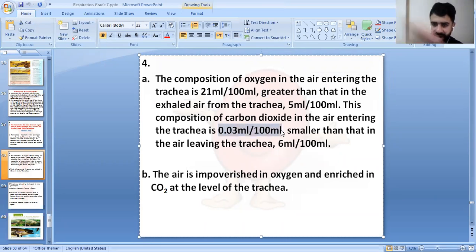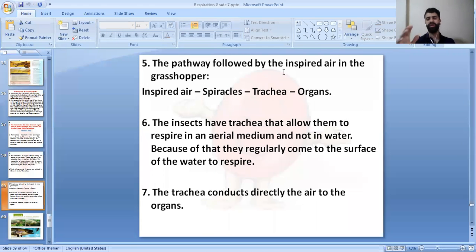You can say per, this dash slash means per 100 milliliter, which is smaller than, or you can say less than that in the air leaving. So the air is impoverished in oxygen, meaning that it's poor, and enriched in CO2 at the level of the trachea. The pathway in the grasshopper: the inspired air will enter through the spiracles to the trachea and then to